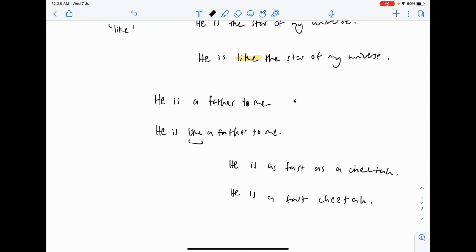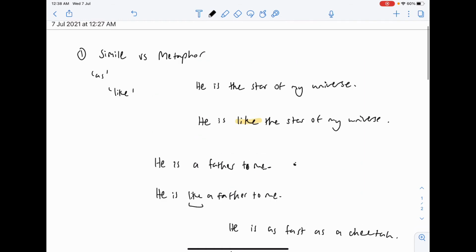This man is so fast that I am convinced he is a cheetah. I'm convinced, I'm sold. It's the difference of the conviction. So the next time you want to elevate your analysis, when you see someone using metaphor, you can say that it shows that their conviction, their belief is so strong because they are not saying that it's similar. They are saying that they are it, that these two things are one and the same. It's a direct comparison. There is no buffer.